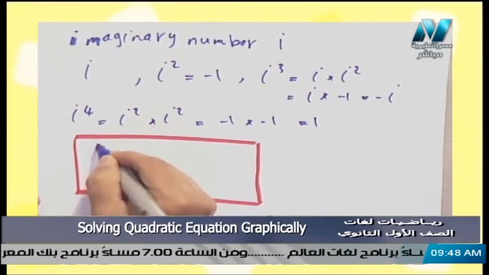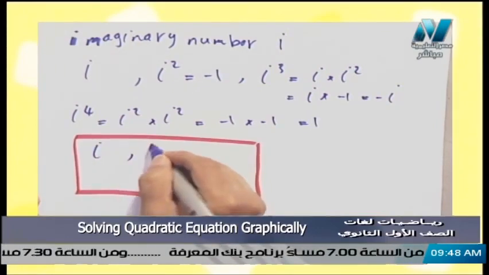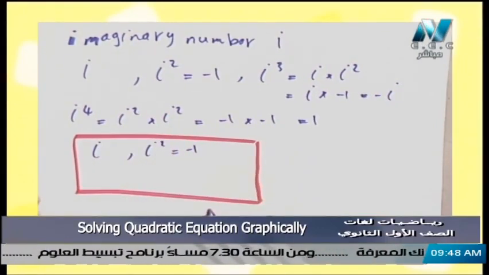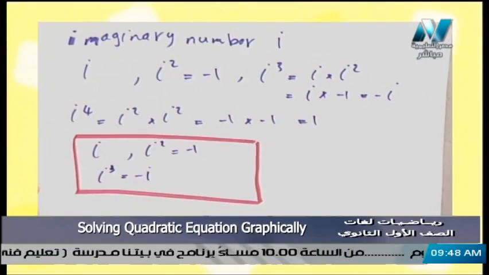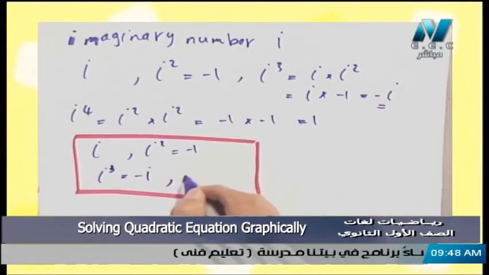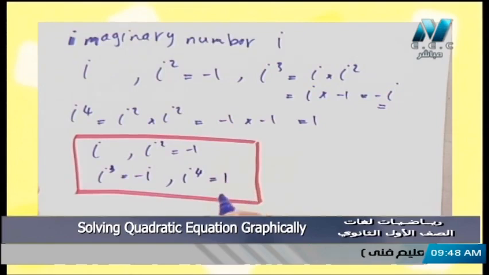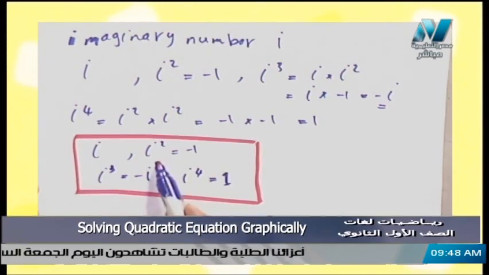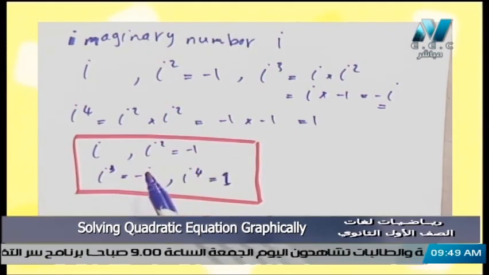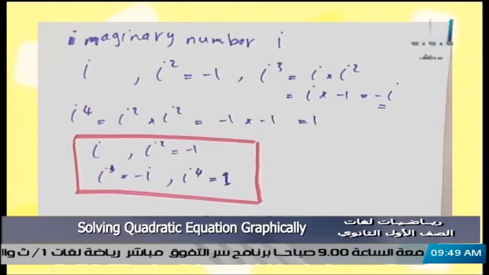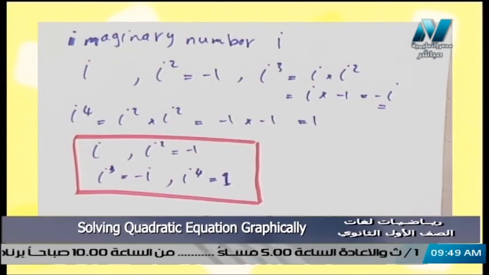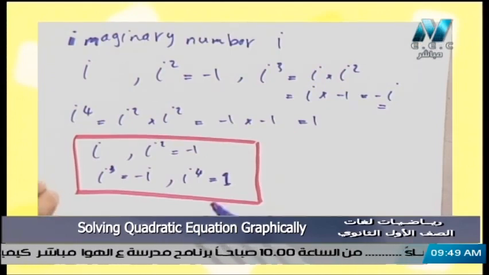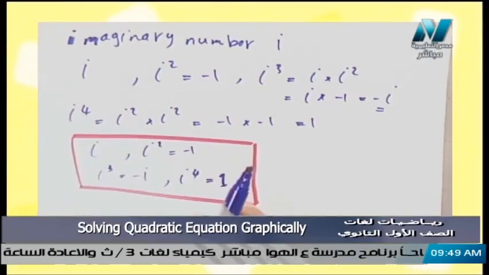We have i itself. We have i power 2 equals negative 1. We have i power 3 equals negative i, like that. We have i power 4 equals 1. Keep it well. We have i power 2 from definition equals negative 1, i power 3 equals negative i, and i power 4 equals 1. Okay? And we will complete about i and imaginary numbers next time, but